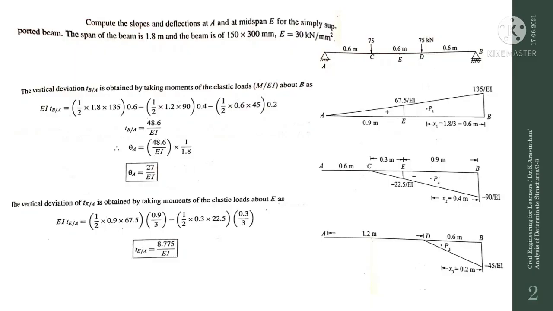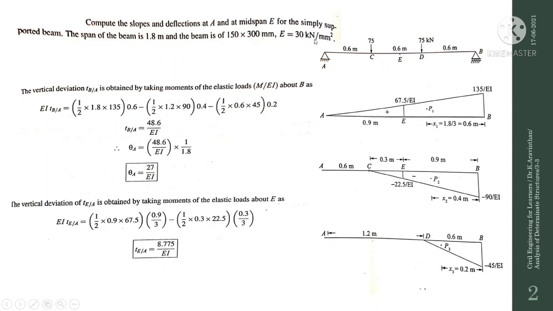Here you have a simply supported beam, and we compute the slope and deflection at point A and at the midpoint E. The span of the beam is 1.8 meter and the beam section is 150 into 300 mm. So it is a concrete section. By this Young's modulus, we can understand it is a concrete section, and E is given as 30 kilonewton per mm square. Okay, so this is our given data,